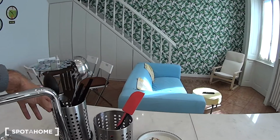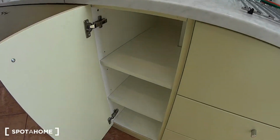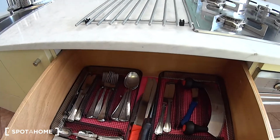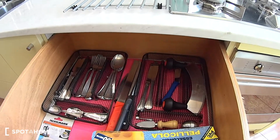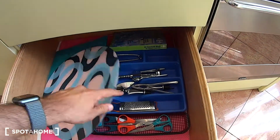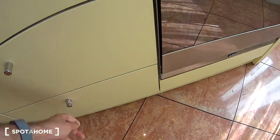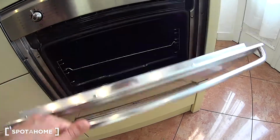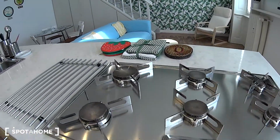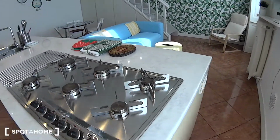Here we find already some utensils provided. A cabinet down here to store other stuff like food. Here we have the cutlery provided with the apartment and some more drawers with additional utensils. Another compartment here at the bottom, and on the side we find a large oven. While on top of it we have a very large gas stove with 6 spots, so you can cook with